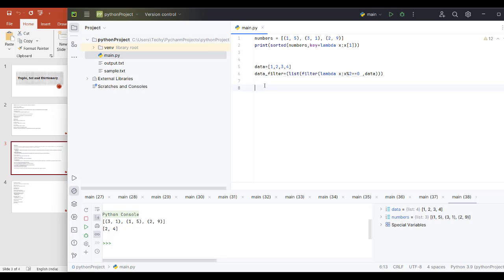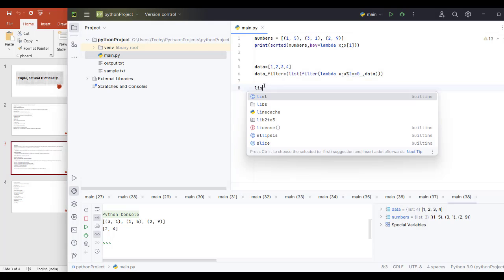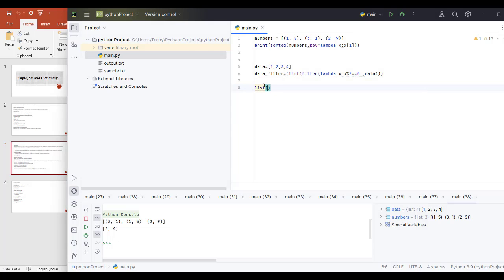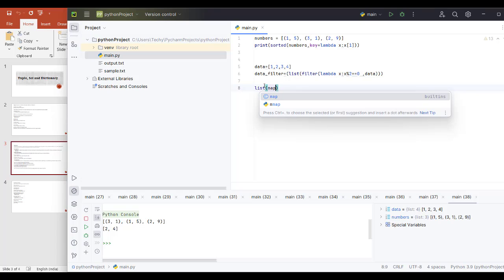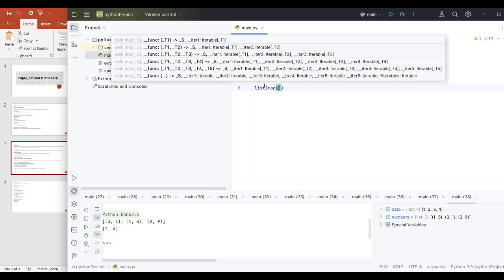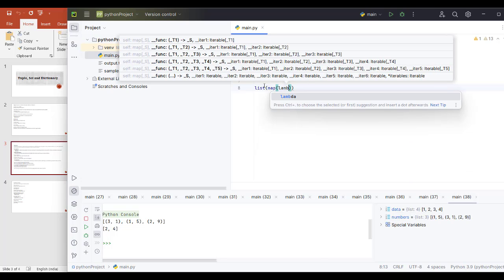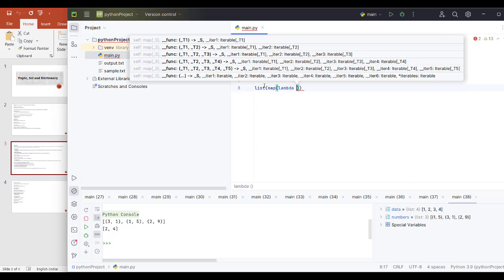Now I want to use the data which has been filtered for mapping. So what I want to do is, again, send it to a list based on a map condition. So now what I want to map again, all the options that are available you will be getting. First you need to enter a function, that is a lambda function. What I want to enter is lambda,